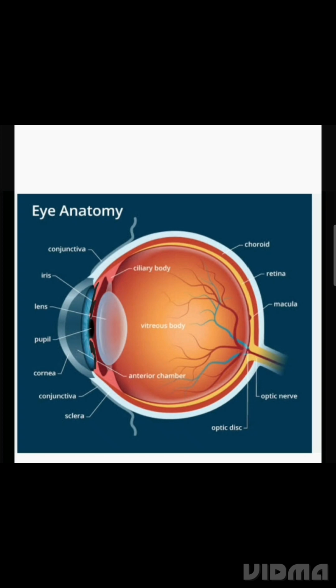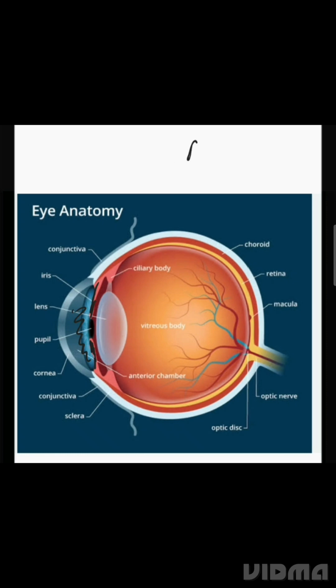The area in front of the iris is called the anterior chamber, and the part behind the iris, between the iris and the lens, is the posterior chamber. Both the anterior chamber and the posterior chamber are filled with which